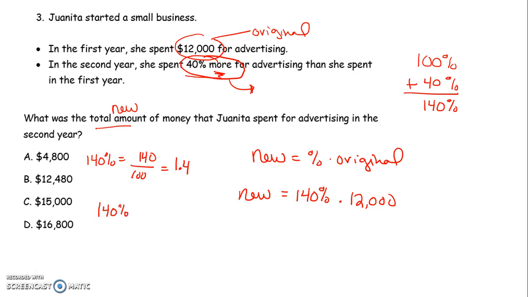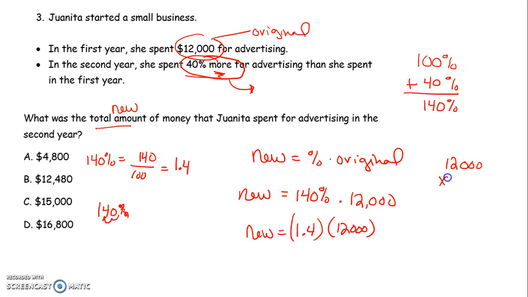I know that some people hate tricks, but take away the percent sign, move that decimal point 2 places away from the percent sign if you have a hard time remembering where to locate that decimal point, or just know percent's out of 100, take whatever you're given and divide by 100. So the new price will be 1.4 times your original 12,000. Again, I don't have a calculator at home, so I'll do